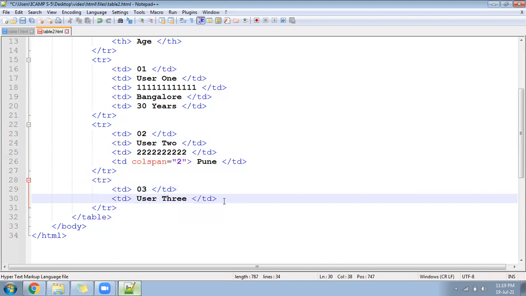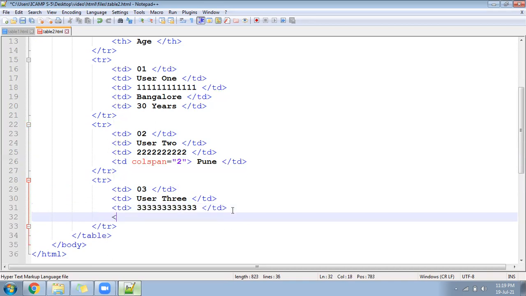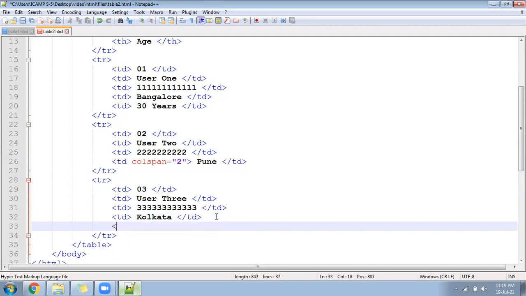And his mobile number or contact number, dummy I'll give 333. Correct. Then his city, assume it is called Kolkata, and he is of 40 years.